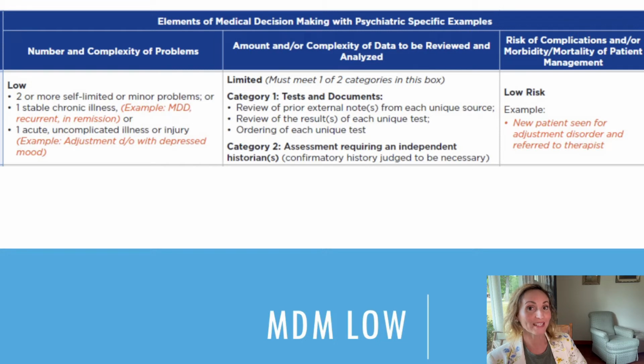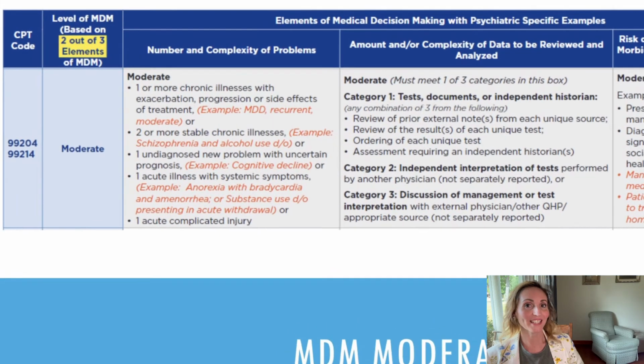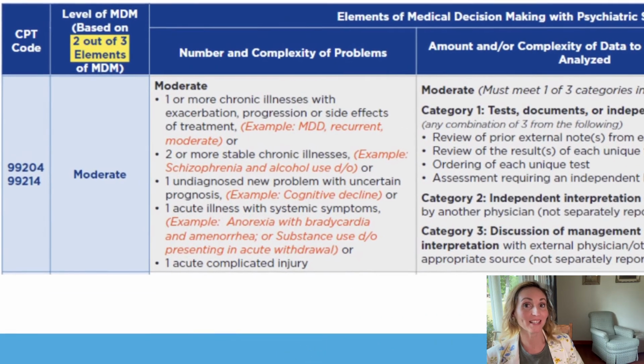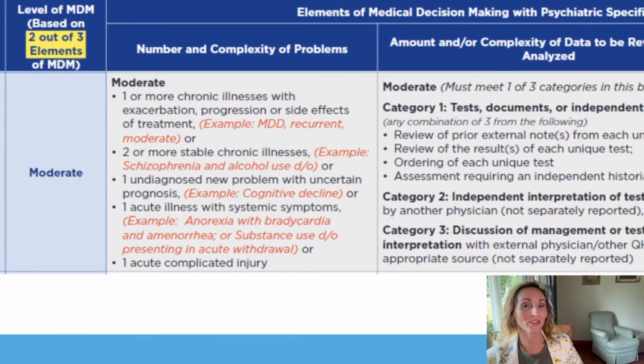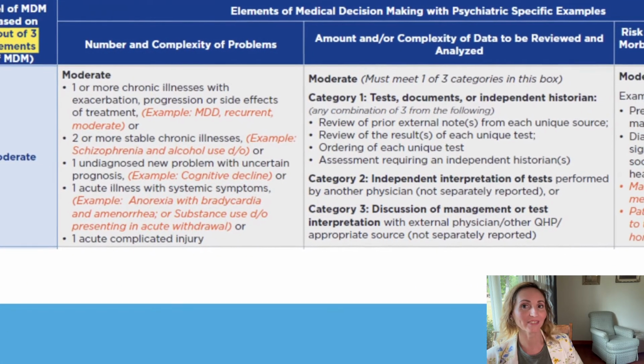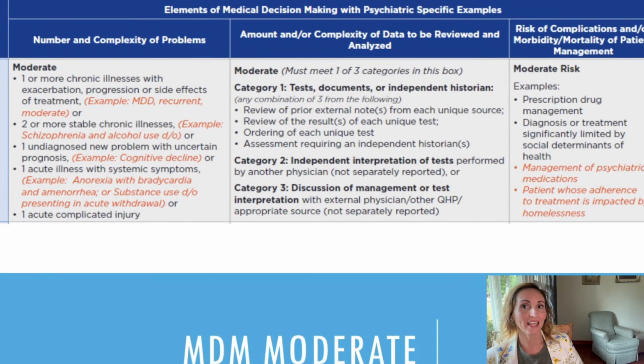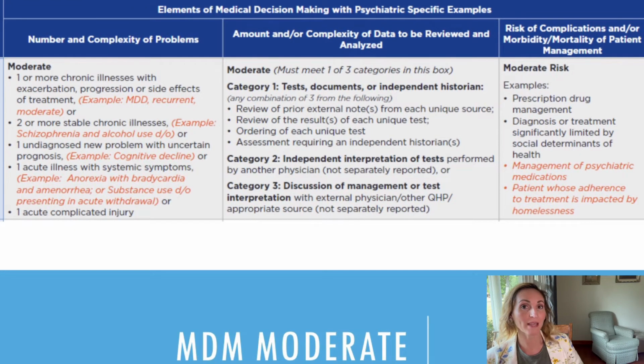For risk, an example for a low level would be a new patient seen for adjustment disorder and referred to a therapist. Here, the diagnosis component is basically the same. You list all the diagnoses you are monitoring, evaluating, assessing, and/or treating. Even if you recommend a medication and they don't take it, you still get credit under the prescription management as